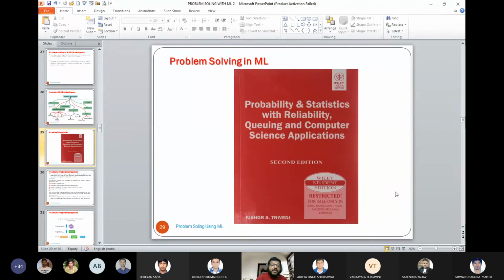You must know whatever is being offered, you have to take, but you must know the domain knowledge of this book. See the book, Probability Statistics with Reliability, Queuing and Computer Science Application. You check the profile of the person, Kishore S. Trivedi, is a very learned man in India also. So this requires a lot of basics to be covered, which can help your machine learning and other papers, because basic probability statistics has to be well covered.